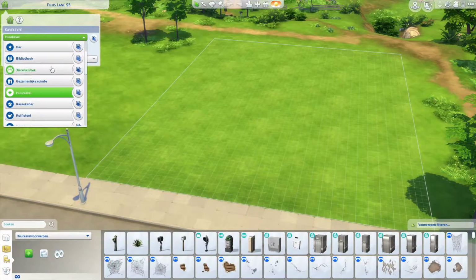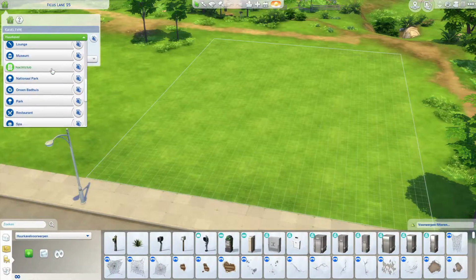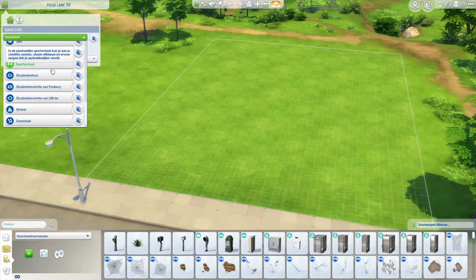We are still in New Crest. It takes a little bit of time to go through all the neighborhoods. And this is the tiny home community. And this time we are building...